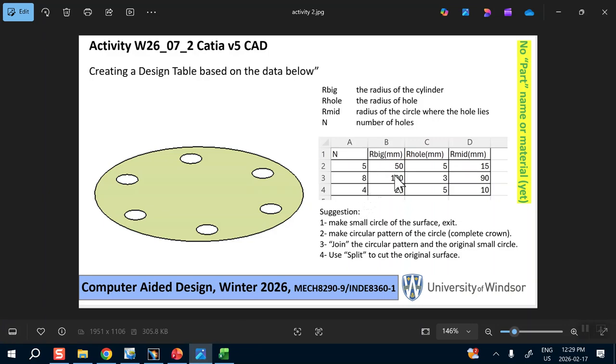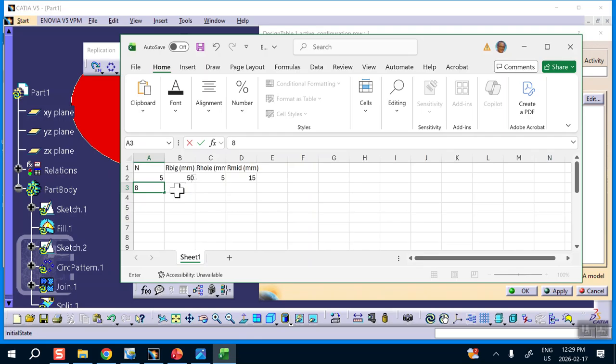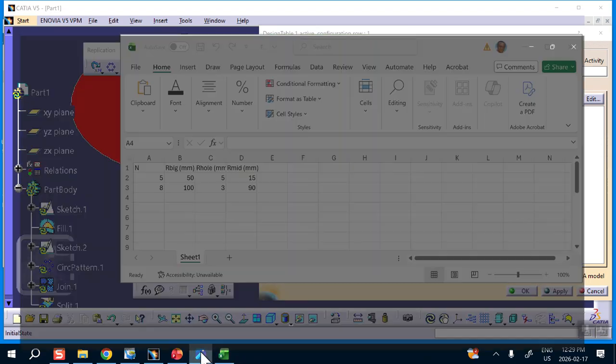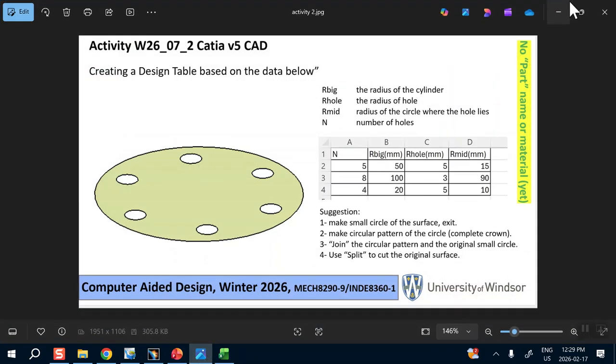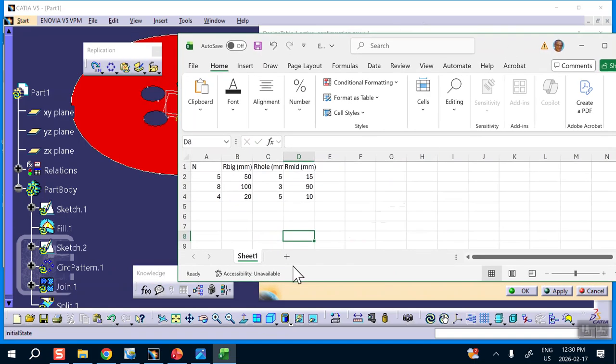We wanted 800, 390, 800, 390, 8 holes, 100, hole size is 3, distance from the center 90. What else do we want? We want 425, 10, 425, 10, 425, 10. Assuming that these numbers work, you can't just put random numbers here because it may make this sketch self-intersecting and things like that. Assuming that these are well thought out,